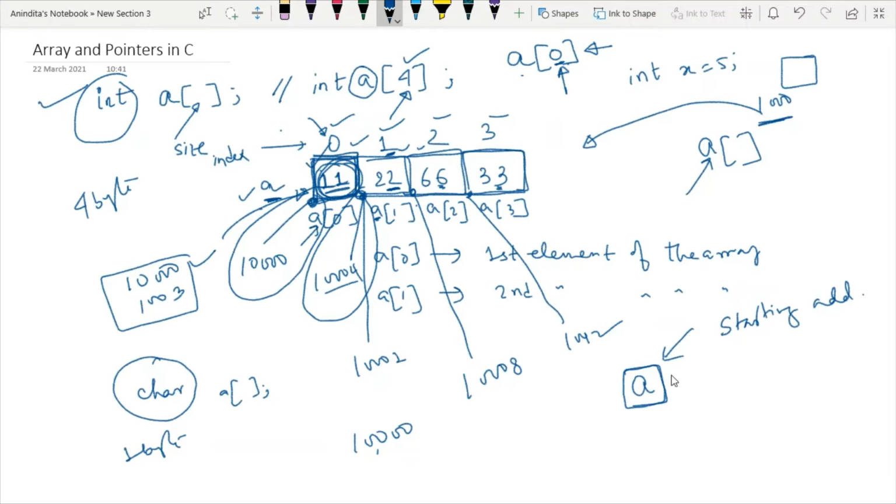However, whenever you are using just the array name, it indicates the starting address of the array, which is also known as the base address of an array. That is, the starting address means here 10,000 and the base address is also 10,000. So the starting address and base address concepts are the same. Mark this point: using just the array name means I am indicating the starting address of the array.